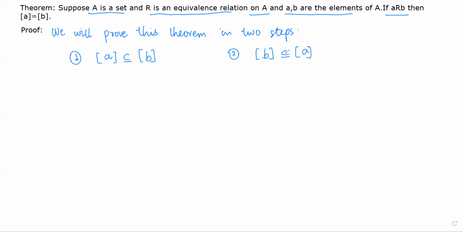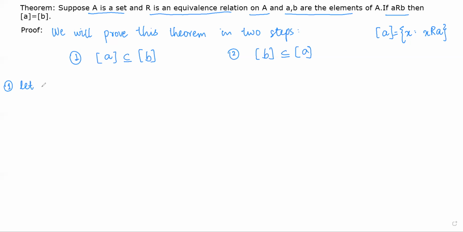We are saying that these are subsets of each other because we know that an equivalence class is basically a set: the set of x such that x is related to a. It means all the elements that are related to a are in the class of a. Okay, now for step number one,